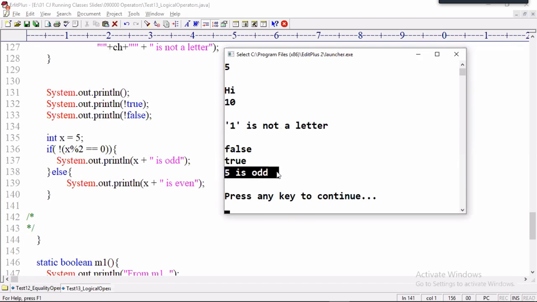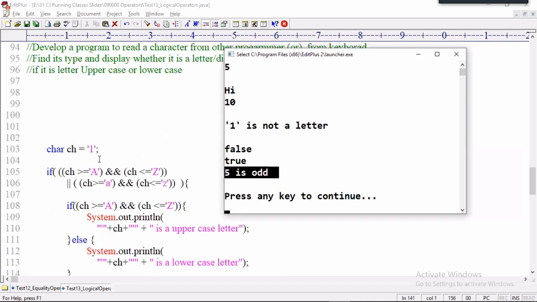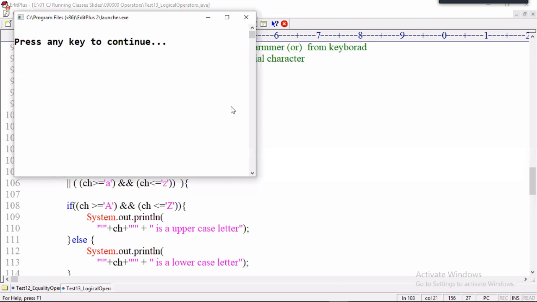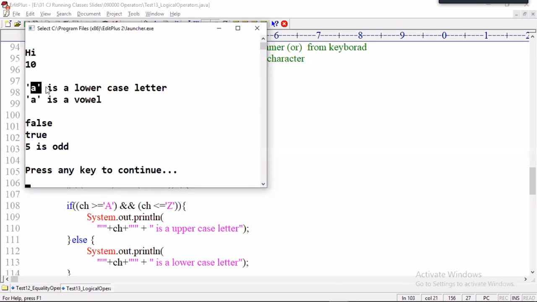False true, 5 is odd. If we change the value to some a, control 1, we'll get output. a is a lowercase letter, a is a vowel.